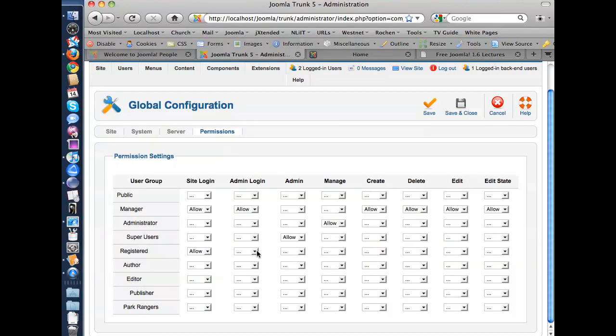And that's effectively what 1.5 does. That's the limit of the permissions in 1.5. And if you're happy with that, you don't even have to touch any of the permissions in 1.6. You don't have to use any user group. You don't have to use any access levels. You can just keep on using it as is. But what you can do is also